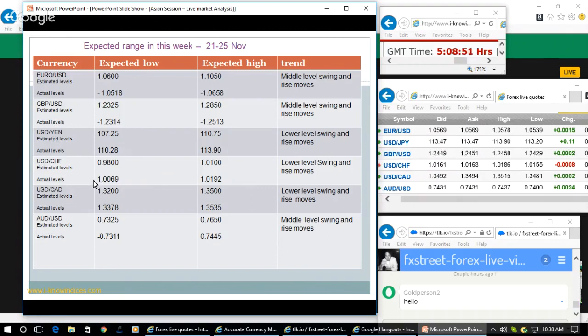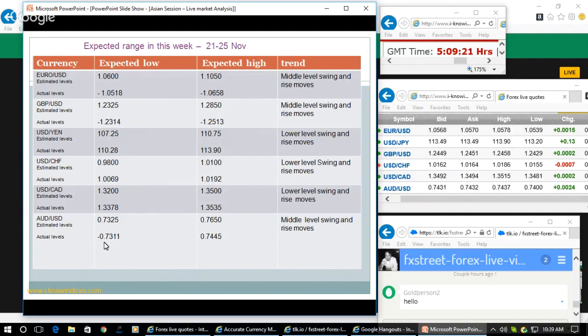Similarly, in the case of USD CHF, the denominator currency, they just continue to gain the level, and 1.0069 happened to be the low. They did not drop, and then they continue to gain beyond 1.01 up to 1.0192 level. And in the case of Canadian dollar, they formed the high as 1.3335, so around the expected level, and came down to 1.3378, and not lower than that. They are simply holding around